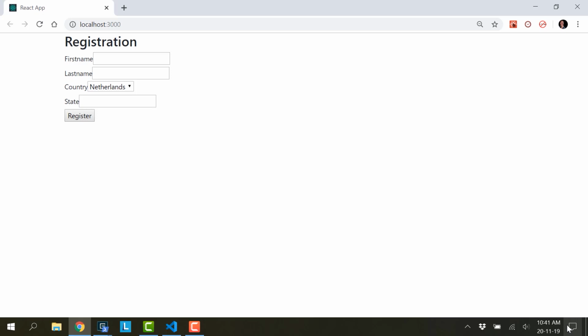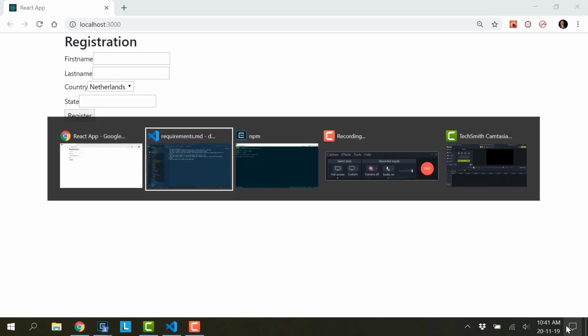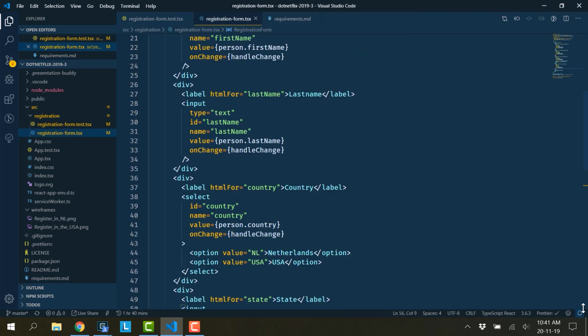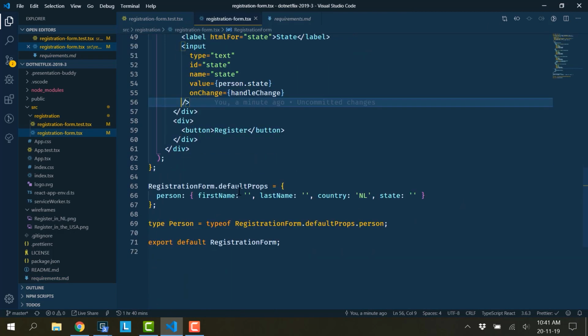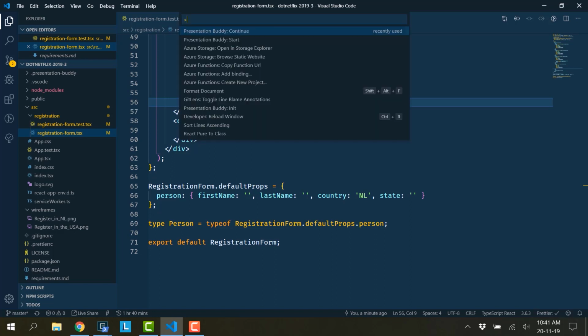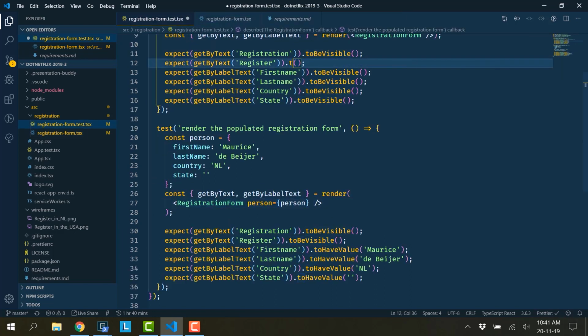So I was thinking about why is it filled in right now, but the date is only used in your test. Yeah, the date is actually only used in the test, and in here I did set up a default person, but that's empty with the country NL. Yeah, so that's what you're seeing. So you need to add some validations. Yeah, so let's add